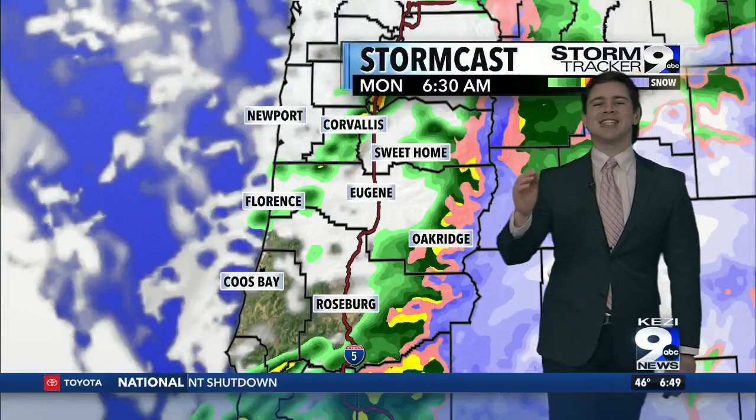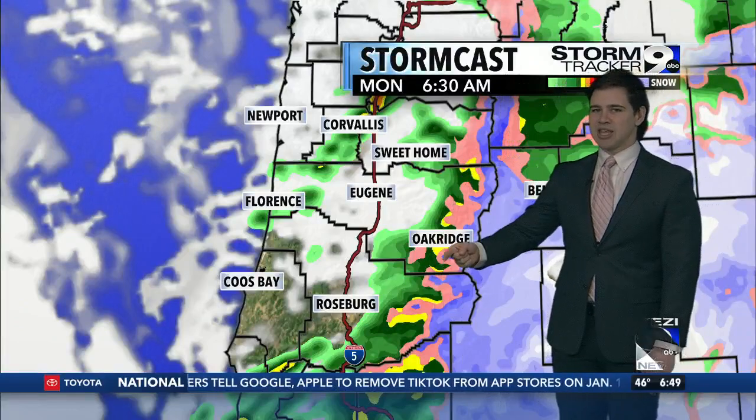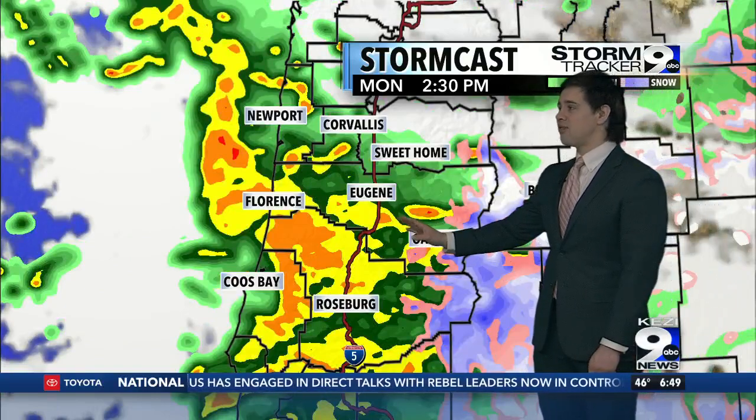So for today, we're looking at more rain energy that comes in later into the afternoon. There's this little bit of a break we've got here through about 11 o'clock, and then we get that next wave from the back half of the little system. You can see that starting to move in towards 11 out over the ocean, but it makes actual contact as we get into about 1 o'clock, and then it continues to rain, getting a little bit heavy for many areas,